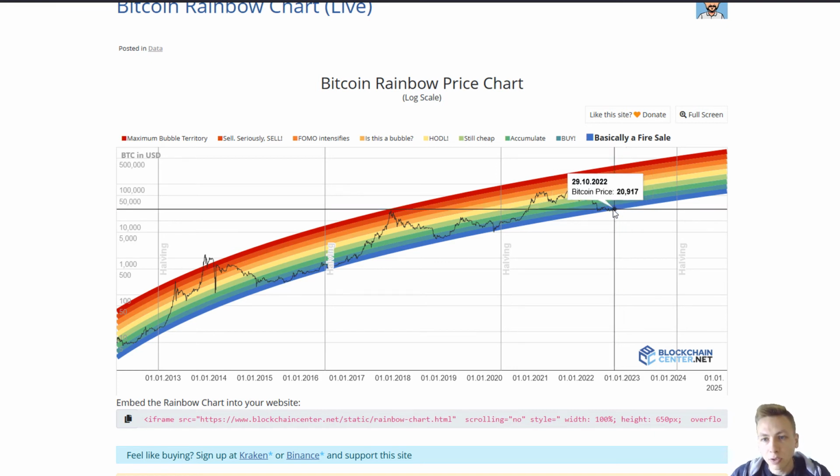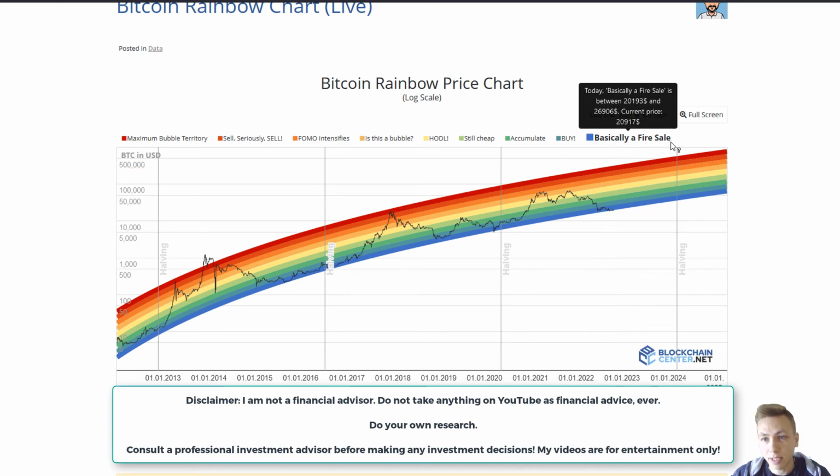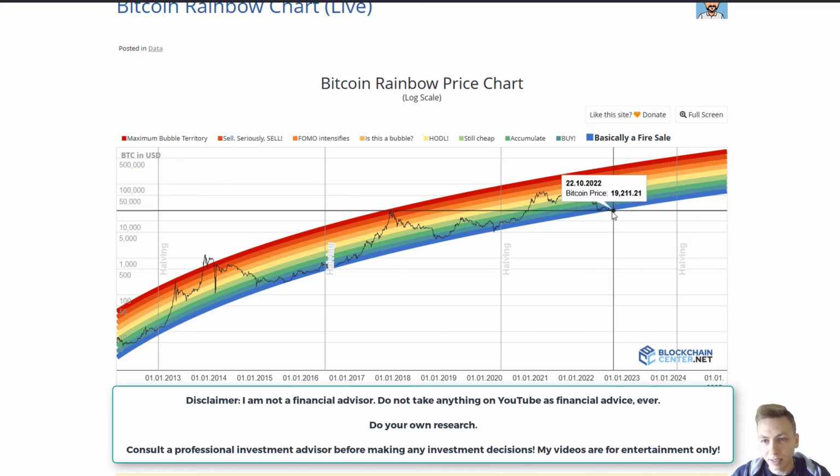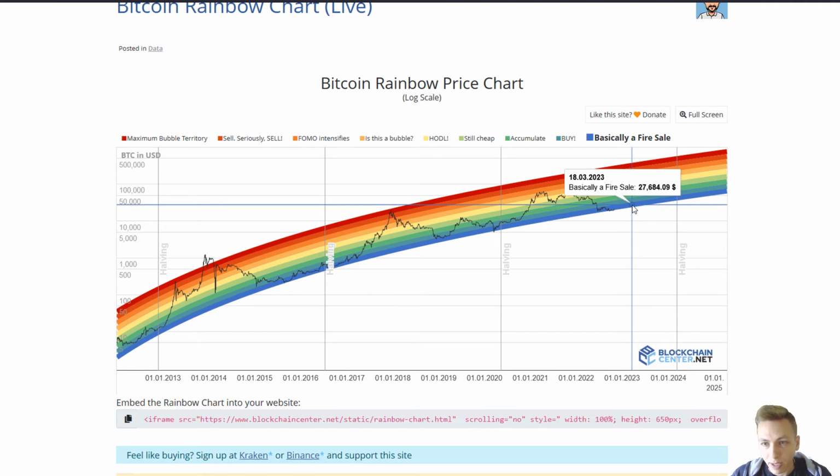But if you are considering whether right now is a good time to buy a Bitcoin or not, as you can see, it's basically a fire sale. This definitely is a good time to buy a Bitcoin, even if the price goes down to, I don't know, $10,000 or $15,000. If you can buy a Bitcoin for $20,000, it's still a good buy, because as you can see, this blue line is rising,